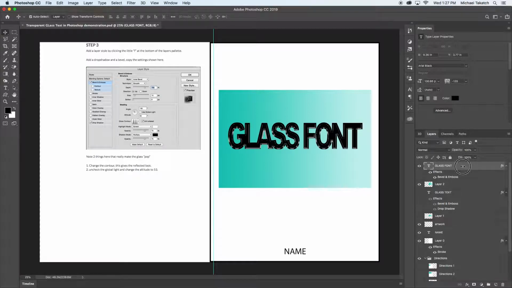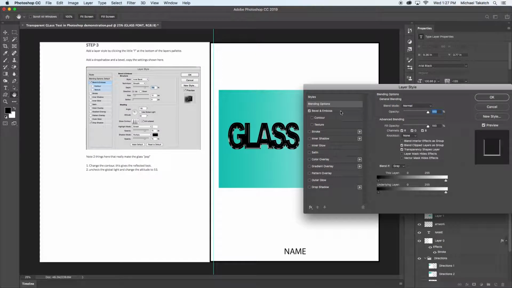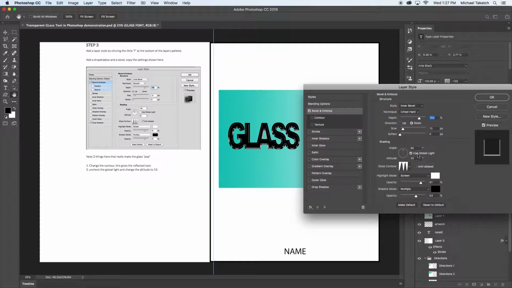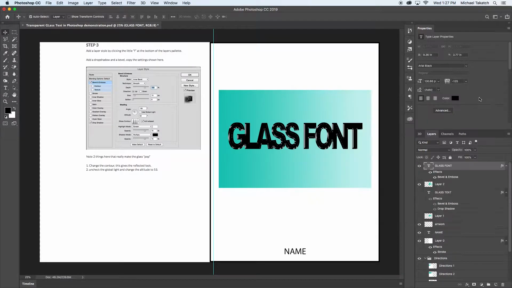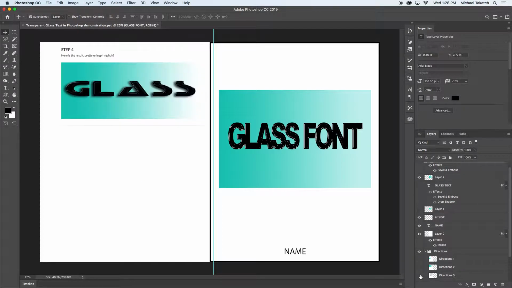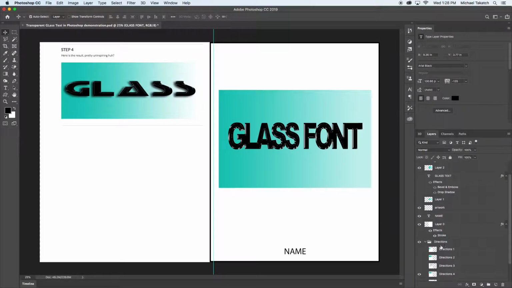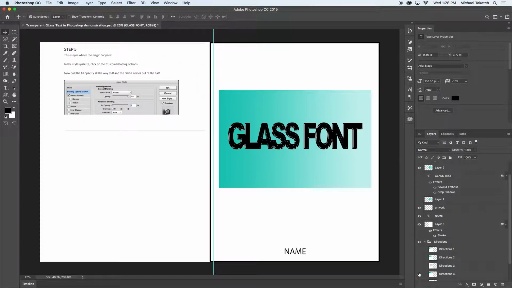So I just want to show you where that is. So here's the bevel and emboss, and the global light is right here. So when you turn this off, it only affects the section that you have highlighted. So I'm just going to put it at 53 and click OK. And so that's what it looks like, and they even say it's not the greatest image, but there's what they have. And then all they're doing is taking and removing